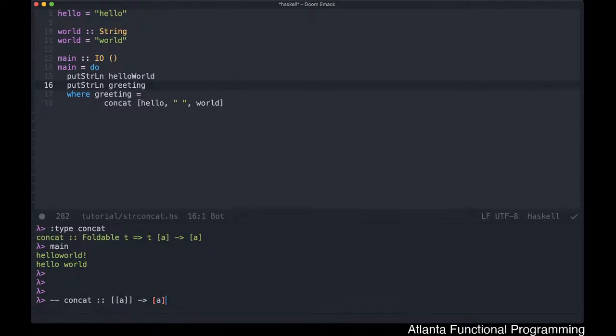Foldable t is basically like that too. It's anything that can be folded. It doesn't necessarily have to be a list. It could be something else. But it's bringing in that foldable representation that contains each element, which is of type list, and then it flattens them. So that's what this concat function is doing, compared to the concat operator, which we saw was simply